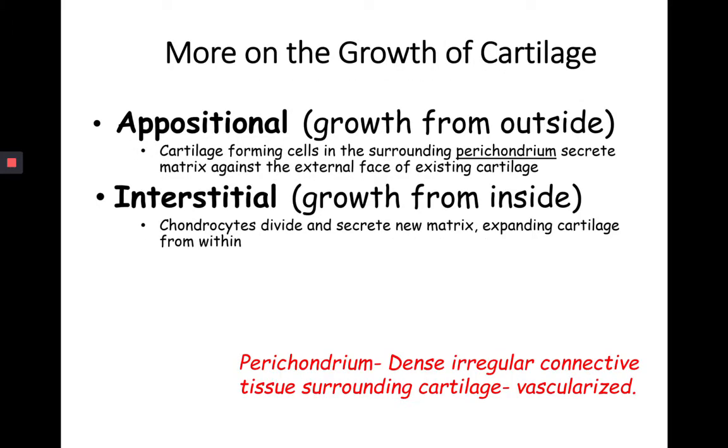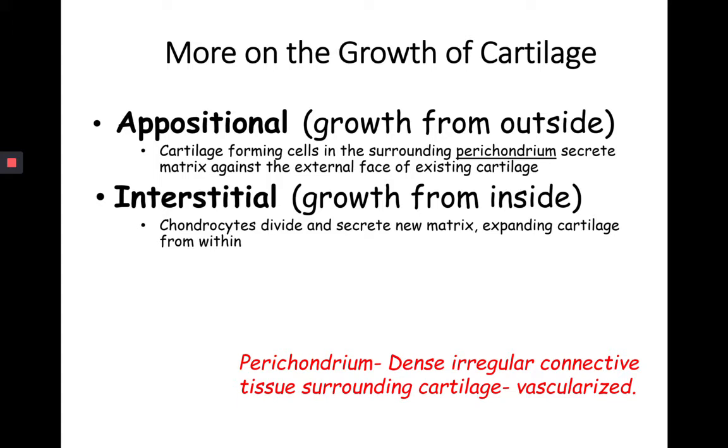So again, let's just look at those two types of growth, appositional versus interstitial. For appositional, you're going to have cartilage-forming cells called chondroblasts. They're going to be in between the surrounding perichondrium and the cartilage model, and they would secrete matrix against that external surface of the existing cartilage and add width to that cartilage model. Whereas in interstitial, you're going to have chondrocytes themselves perform mitosis and divide, and then their divided cells would be not as mature and they would secrete new matrix, and that would expand cartilage from within but also lengthen that